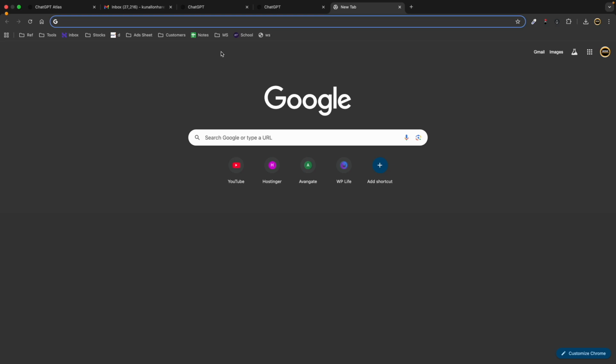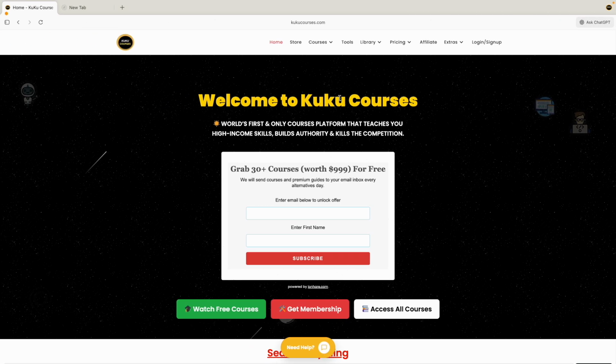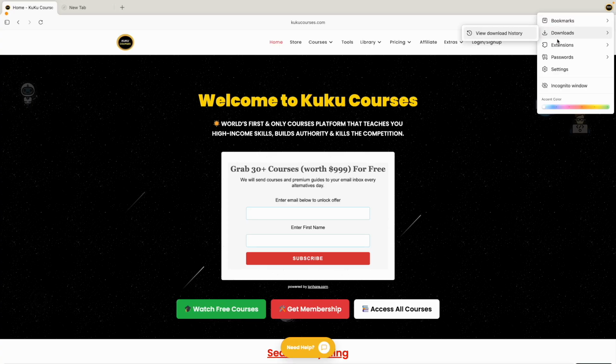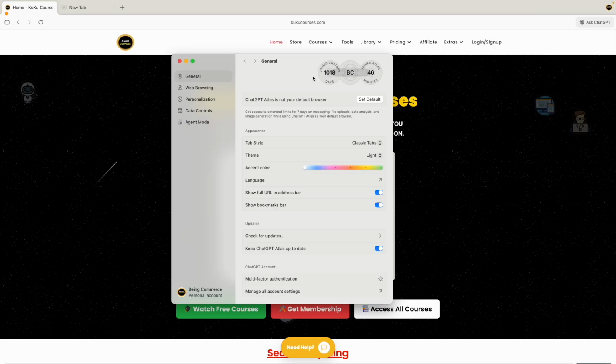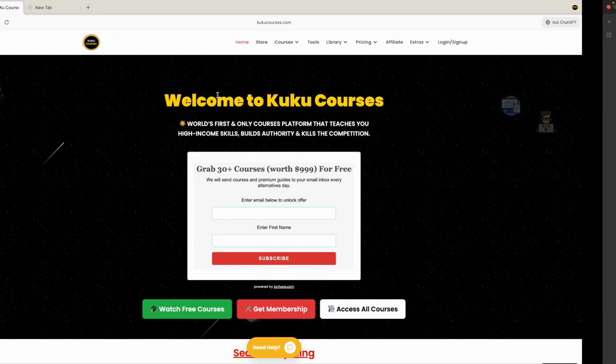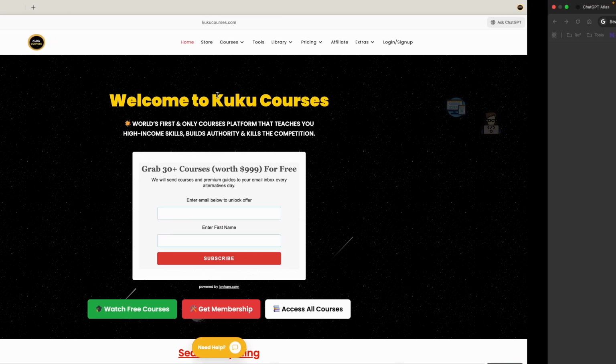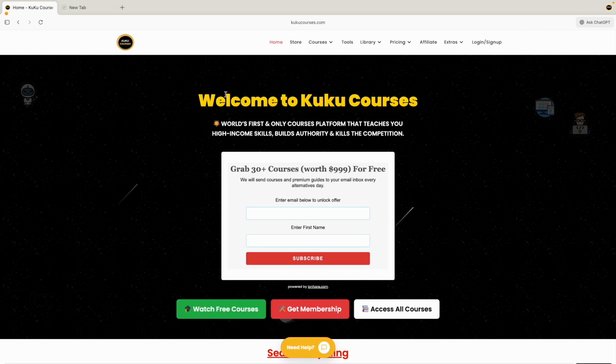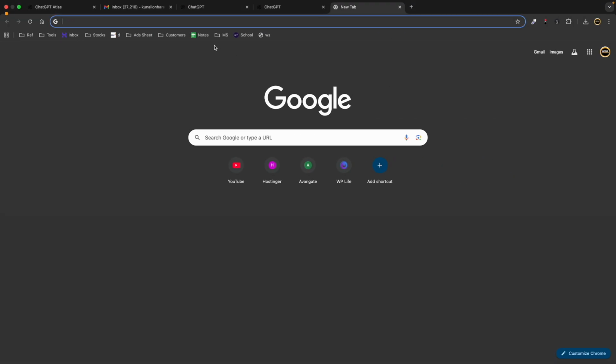But still, if you want to go with it, you can totally use it as your default one. If you go to the settings, you will always see the option to set this as the default browser. So if you want to go with a totally AI-based browser, you can just proceed with it. So that's it. The only feature I love is this extension one, but otherwise I still feel Chrome is better,